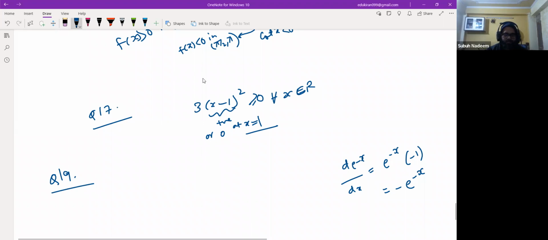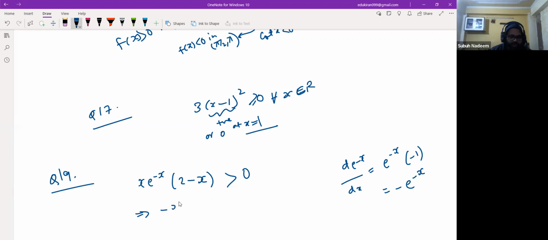I got x e raised to minus x into 2 minus x. X into e to the power minus x, and in brackets 2 minus x. So that is 2x e to the power minus x. That is fine. Minus x square e to the power minus x. That is also fine. Now it is saying the function is increasing. So its derivative is positive. So if you take minus sign outside, it will be x into